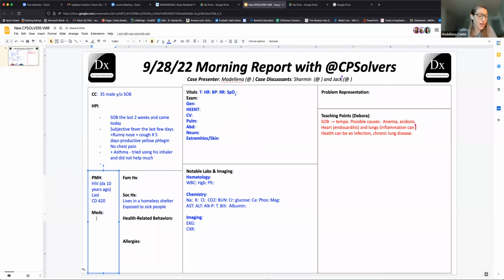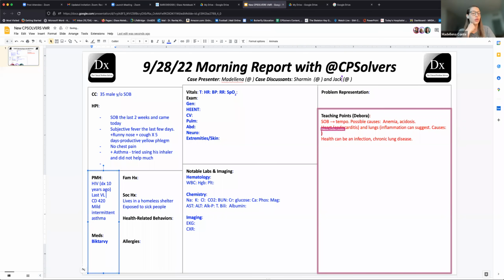He also has a history of mild intermittent asthma. He can't pinpoint any specific triggers for that. He takes an albuterol inhaler as needed, and as I said, usually uses that once a month. He has a history of hospitalizations from that asthma. I think he said that he's been hospitalized a total of 5 times in his life due to his asthma, but has never been intubated.